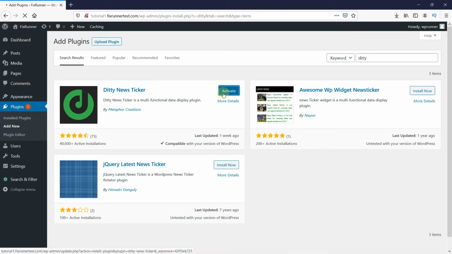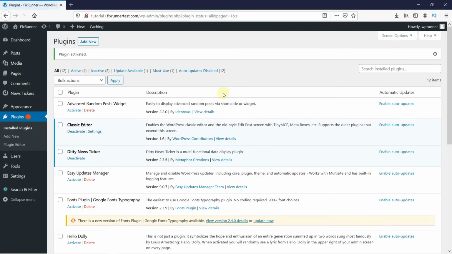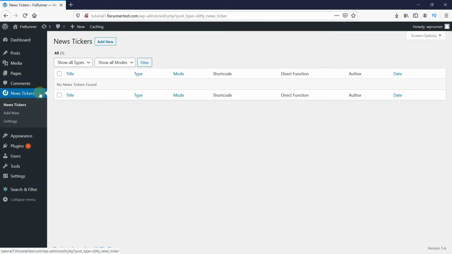Once the plugin is activated, you get redirected to the plugins page. If you notice, you'll see the news ticker icon on your dashboard. Click on the icon, and then all your news tickers will be here. Right now, we don't have any, so to create one, click here on Add New,